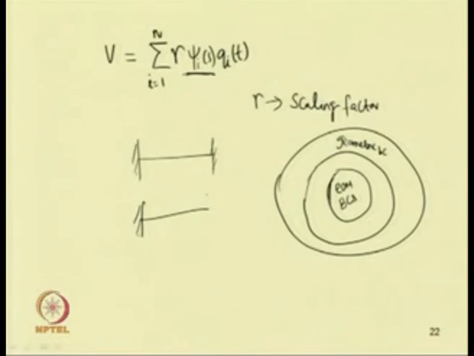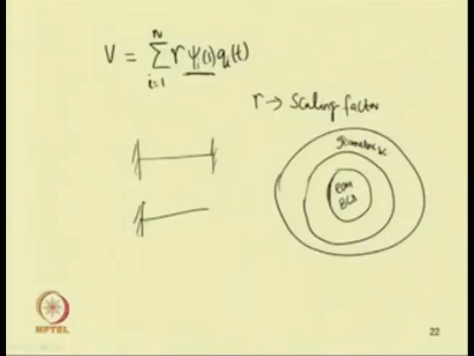In case of the cantilever beam, if one takes the admissible function, one has to take a function which satisfies only the geometric boundary condition, that is, it has to satisfy the displacement and slope equal to 0 at x equal to 0. Similarly, in case of a fixed beam, one has to consider a function where both displacement and slope are 0 at x equal to 0 and at x equal to L.